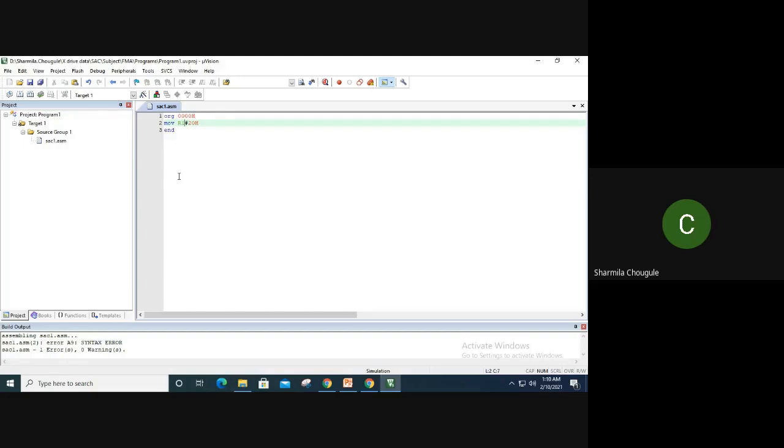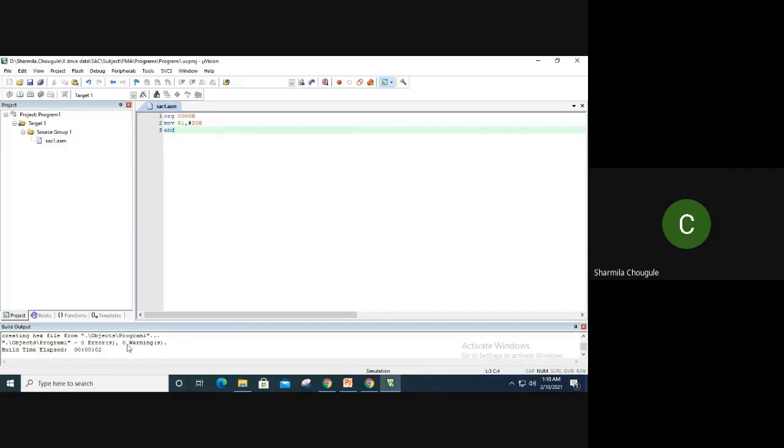Now whenever I compile this one again, I'll get zero errors. Okay, so I'll translate again. See here, zero errors and zero warnings. Then I will go and build this program, or I'll just build the target file. Okay, so I'll build this one. It will show that there are no errors, and then we can go for the debugging of the program. Okay, so these three processes you have completed.